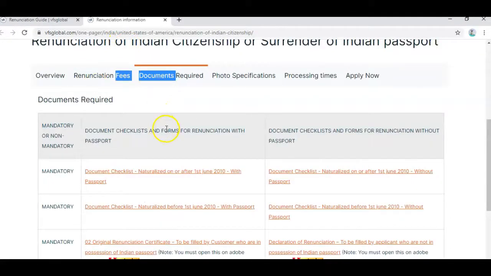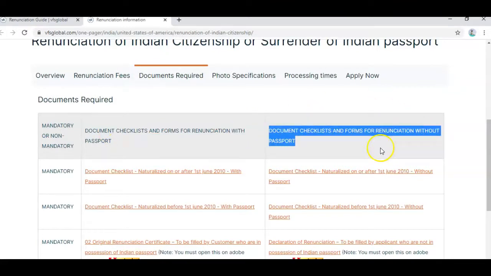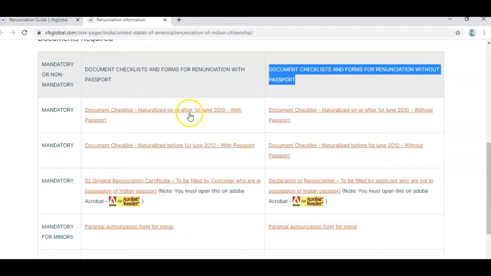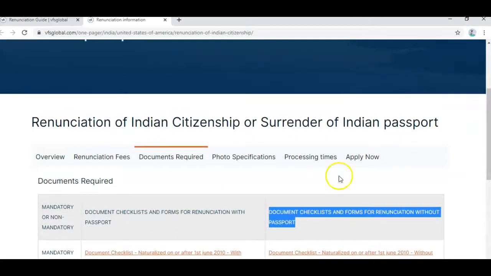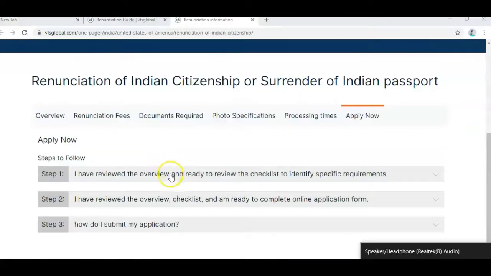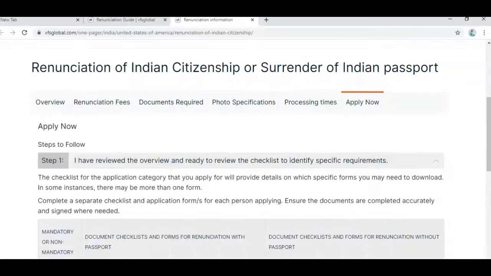Documents required, that's the checklist. And mandatory documents. Processing time, and click on apply now.